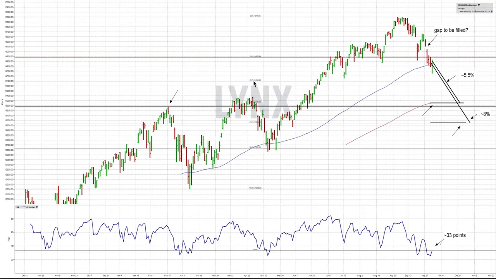61.8, 50, 38.2, 23.6. So I added exponential moving average 100, that's the blue line here, and exponential moving average 200, that's the red line here. And as you can see, there's this red EMA 200 hovering around this 50% level from the low to the record high. And this is the reason I simply put that black line here just shy above that 50%